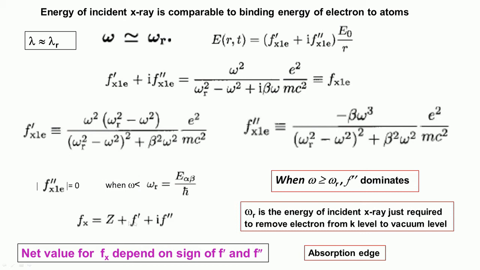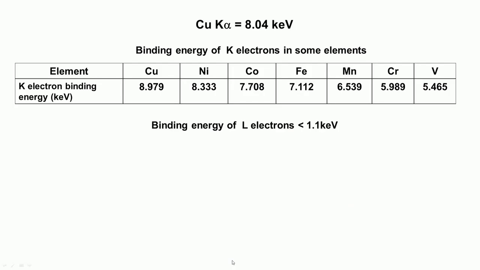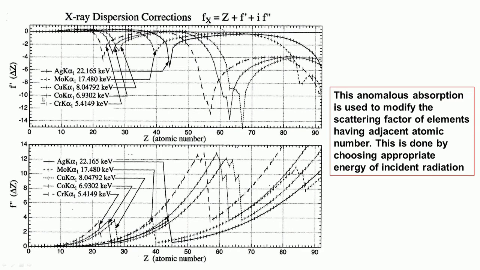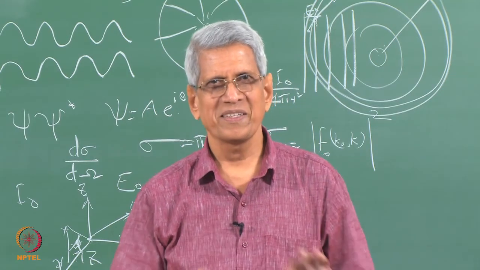Now if we look at the atomic scattering factor, it is not going to be the same. Otherwise, it is only the Z which we consider when it is high energy. It varies with respect to atomic number, which no longer happens here. This is what we can see in this case, that for f dash there is a sudden dip where it becomes negative. And if we look at f double dash, this also has been calculated. You can see that for the same copper, if you use copper K alpha, for nickel one is reducing and another is increasing. So the net atomic scattering factor changes. This is what is called anomalous scattering.